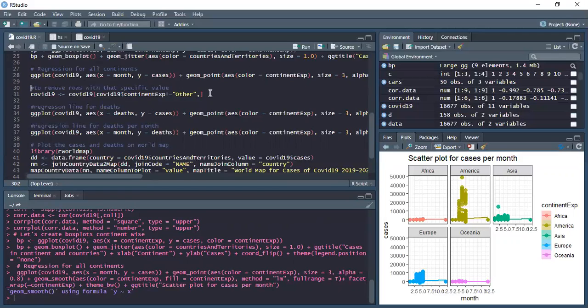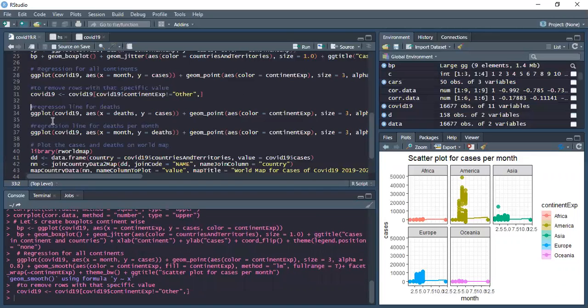We have already removed the other continents, like Oceanic and the other continent. Other countries we have removed here, because there were not many countries included, so I have removed them.